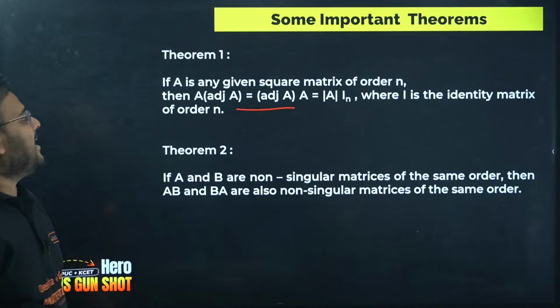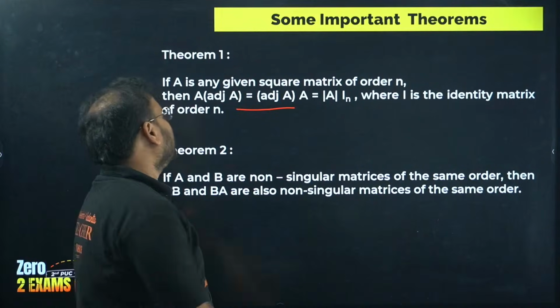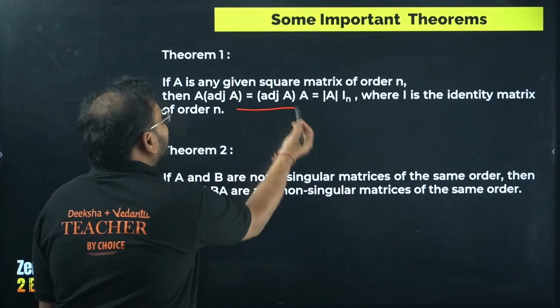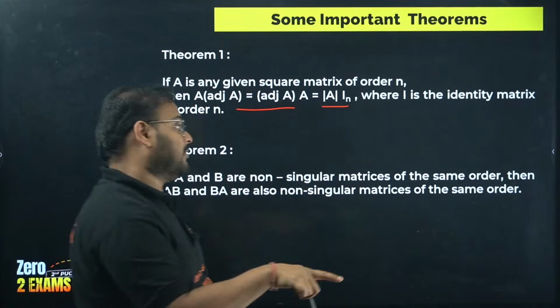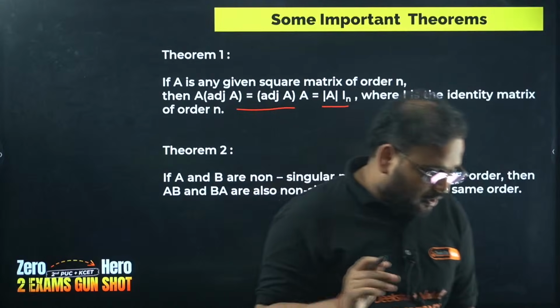If A is any given square matrix of order n, then A times adjoint A is given by determinant of A times the identity matrix of the same order. Okay, now as I mentioned to all of you,